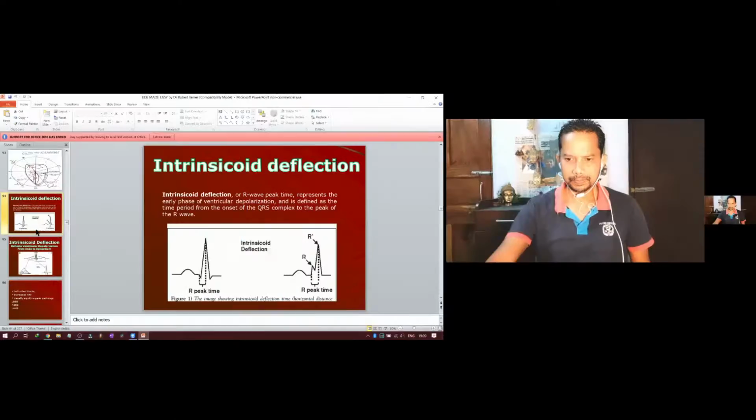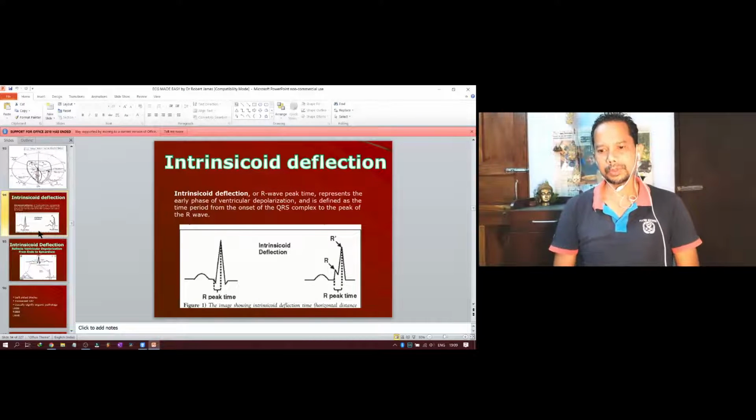Okay, so this is the intrinsicoid deflection. So in this you can see, sorry, this is the intrinsicoid deflection, and